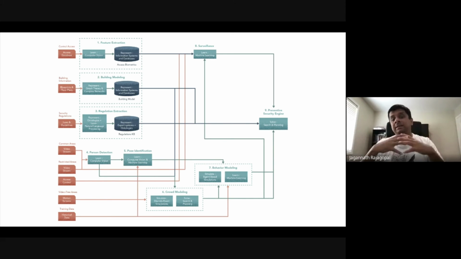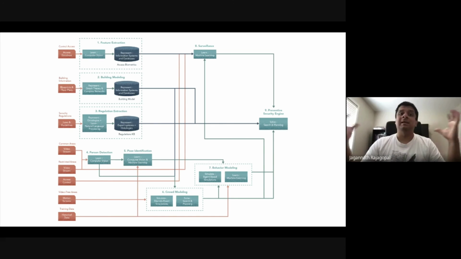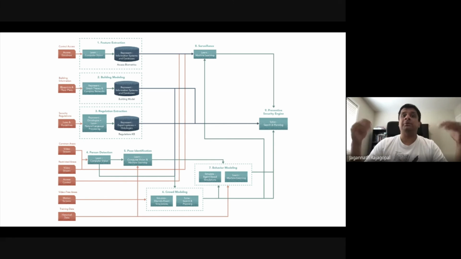At the same time, there could be an emergency. So there could be an intruder during an emergency. It sounds like the plot of a Hollywood movie, but it's true. It could happen in real life, with different things superimposed. At that point, the search and planning mechanism kicks into action. It's also part of the solver. Now it knows how to react to the environment and maybe provide paths.